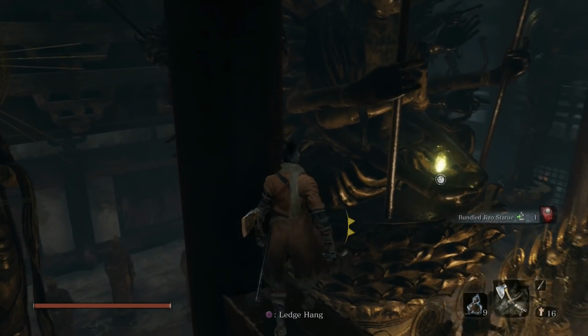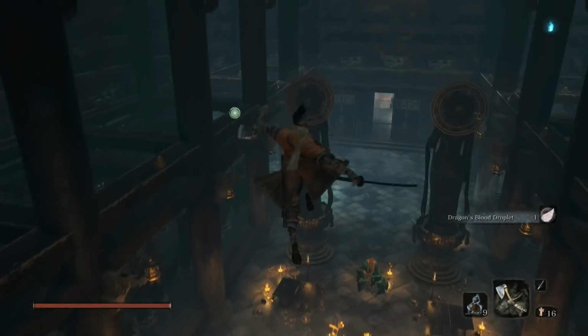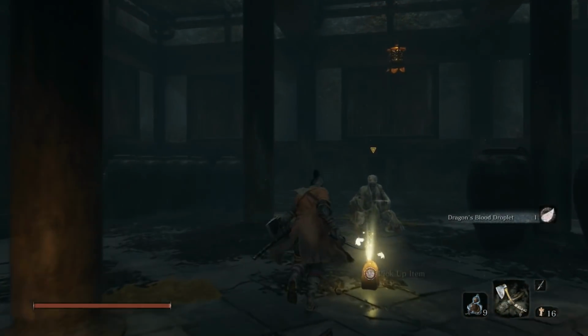Now this item can be annoying to grab. Aim for the hand from this angle and then just jump again. And you should be able to get it no problem. It took me like 10 minutes to get that item on my first playthrough. It was really annoying. Now there's going to be an item over here, so just run over here, pick up the item,